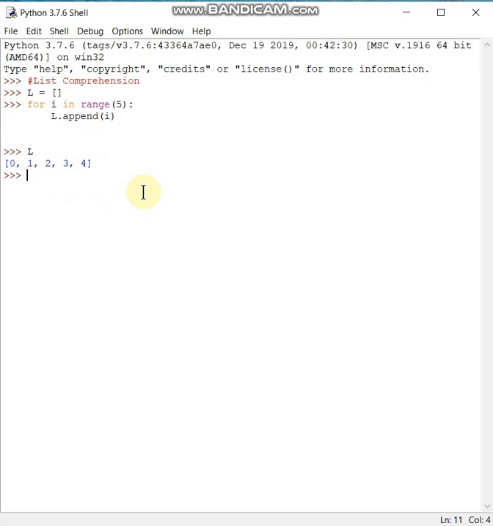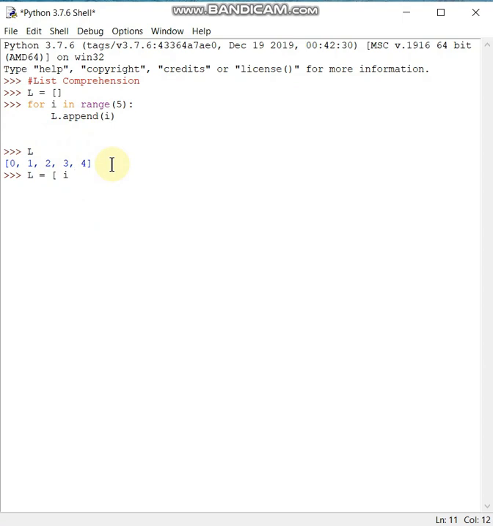How this is done is, firstly, the name of the list must be written on the left side, equal to what is going to be stored within the list. To start with, there must be the square bracket which we write for a list. After that follows what we are going to store within the list. I'm going to store the value of i, so I write i.